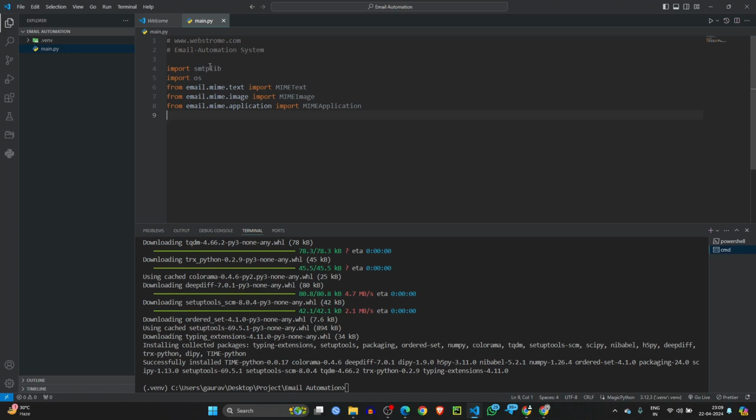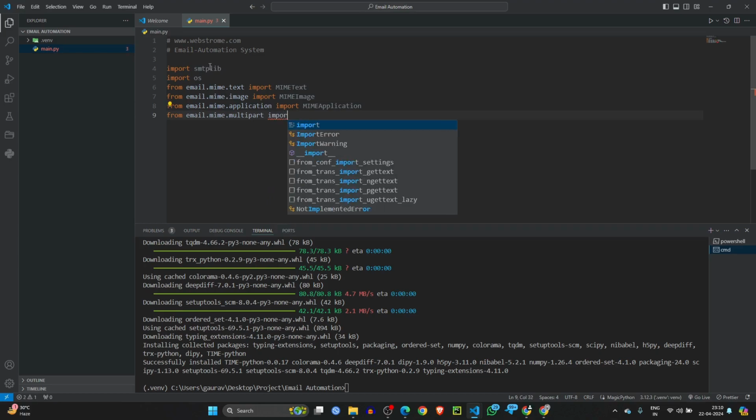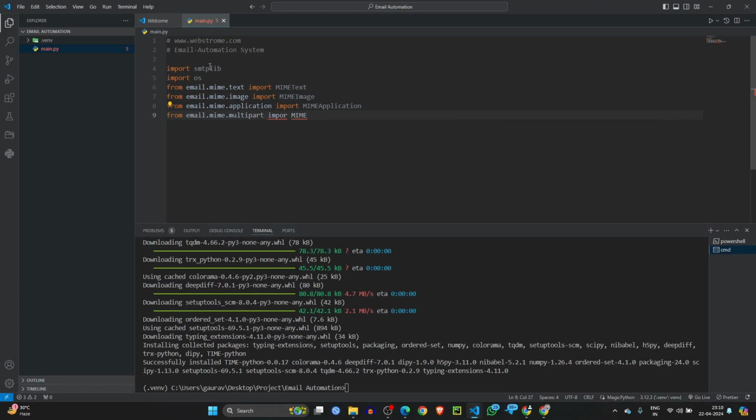For that we have to write import email.mime.multipart import MIME, sorry, we forgot to put the t, so MIMEMultipart. Okay,